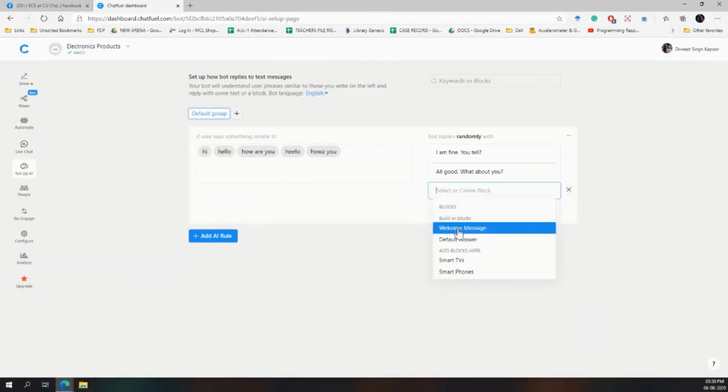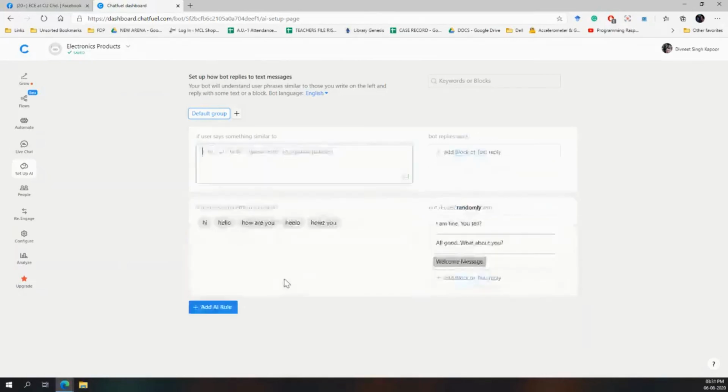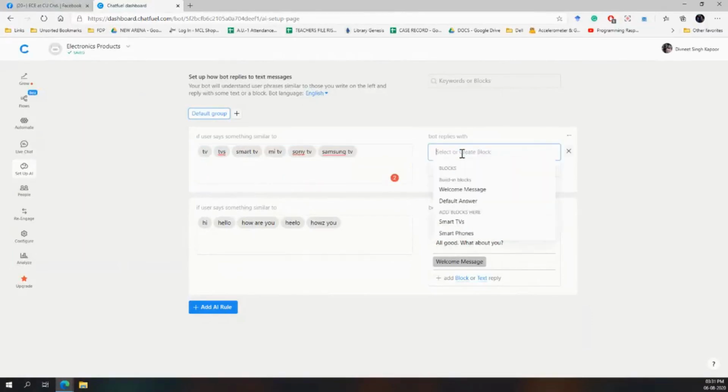Also you can add a block. If you want a particular block to run, you can also add a block from here. Let's say if the user enters TVs, Smart TV, MI TV, Sony TV, Samsung TV, I will make it move on to the smart TVs block.